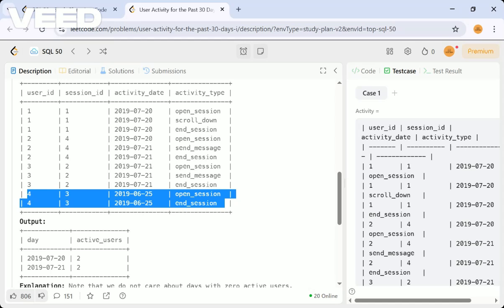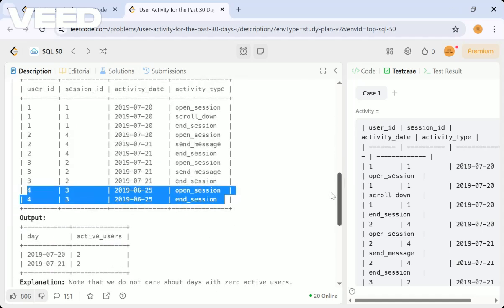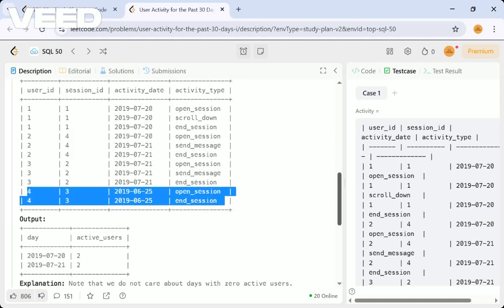So if you see the dates, they want it on the day, right? So count for a period of 30 days. From days we have to take, consider that as 30 days. We have to consider that if we consider this as a June period, right? So we have to consider from 25th.